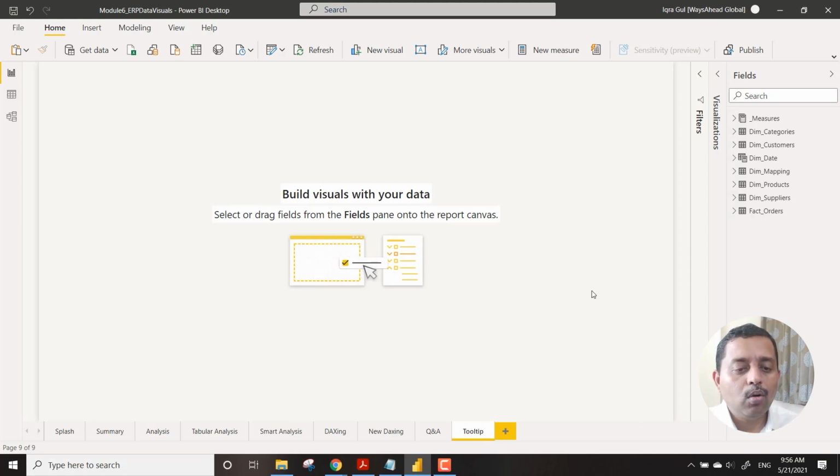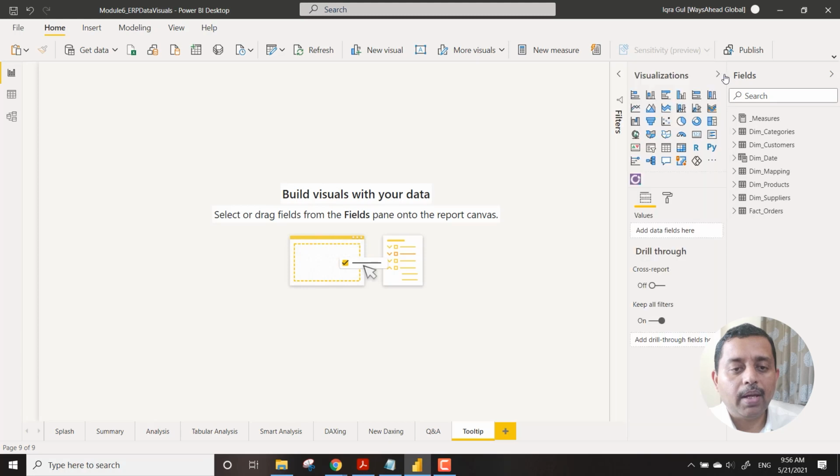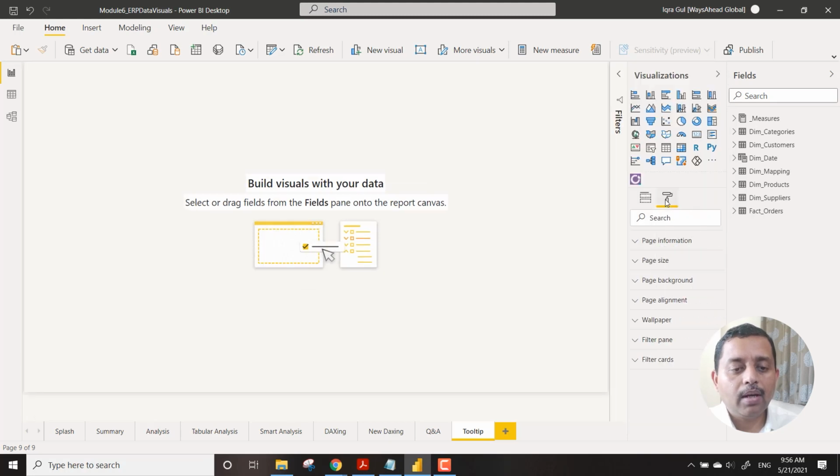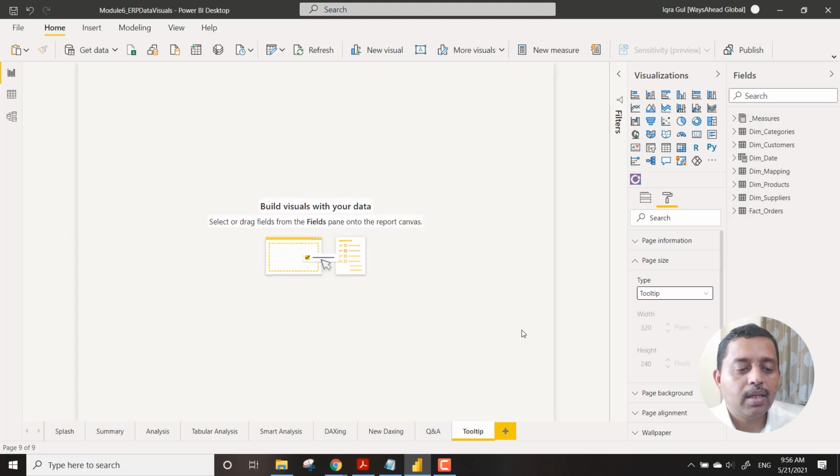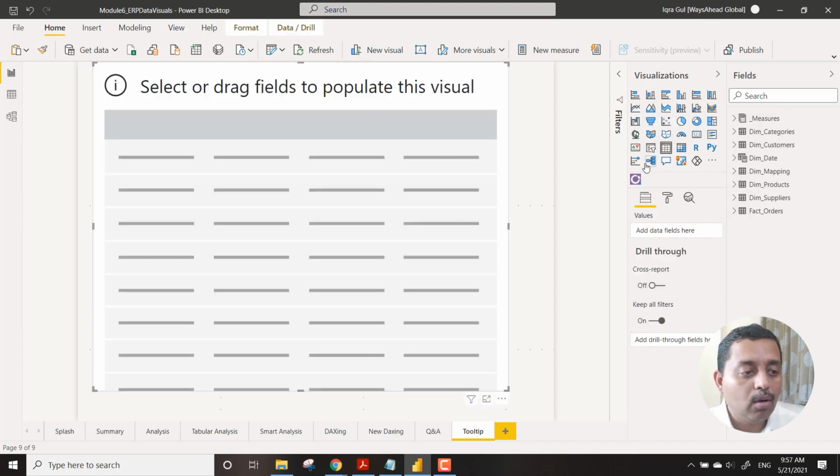And what we can do is, for this particular page, we can go ahead and set the size of this page as tooltip. And here we can just bring in some data. Let's take an example, I just make a small table over here.